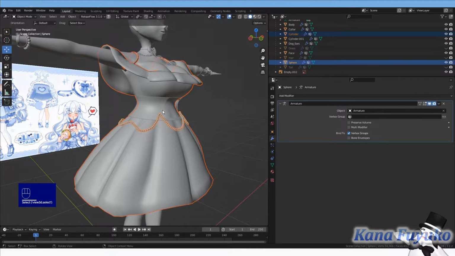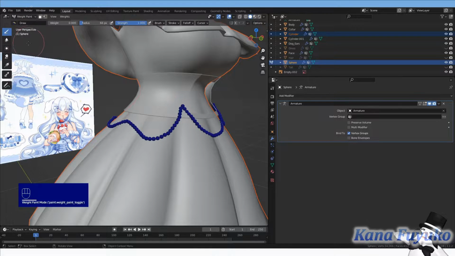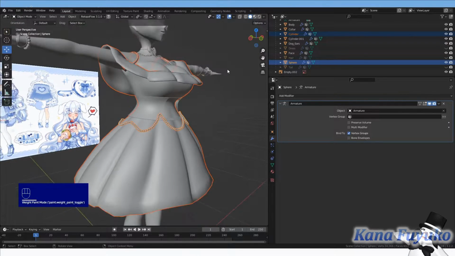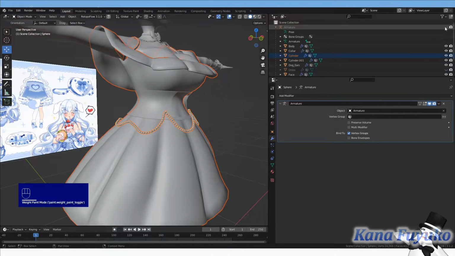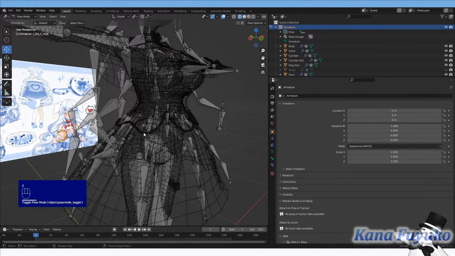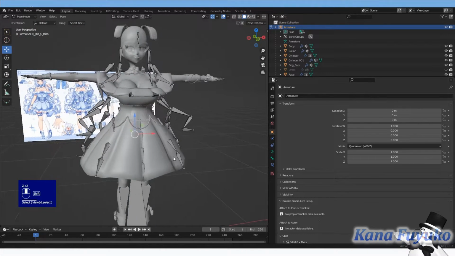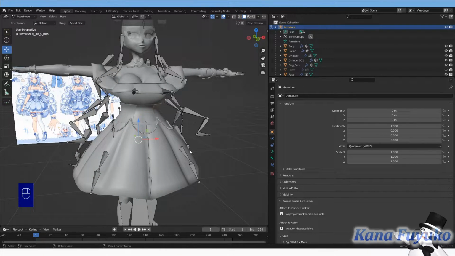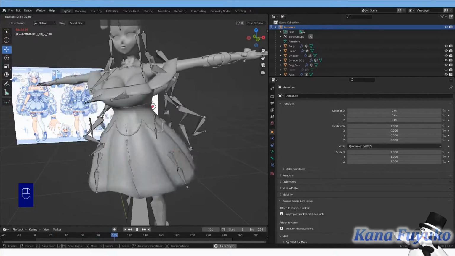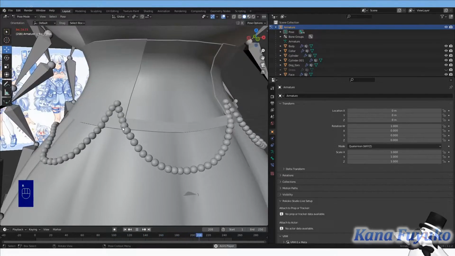We'll also do the same thing with this over here, and we're gonna just quickly see how it looks. Now, once again, you might also want to do manual weight paint too. Keep that in mind. I'm just showing you a more kind of automatic, somewhat manual, but also automatic way, if you want to make it a little bit easier for you. But keep in mind, you might want to do some manual work with it.